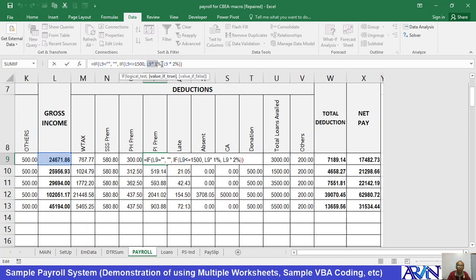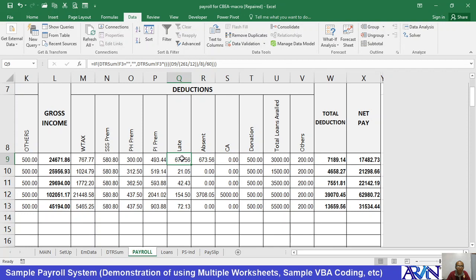This is the computation, and then L2 times 2% if it's greater than 1.5. But I think this is not the correct formula for the Pag-ibig. Then for late, if you were late for certain minutes, this will be deducted from you. So this is the formula,